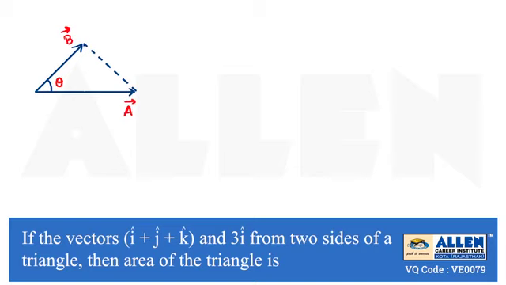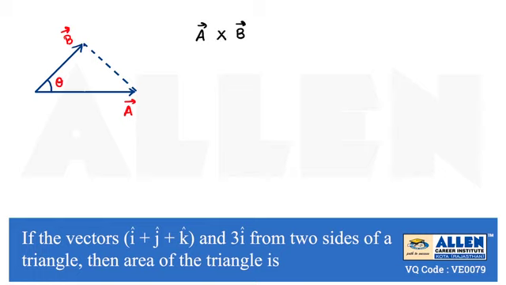If the vectors i cap plus j cap plus k cap and 3 i cap form two sides of a triangle, then find the area of the triangle. Here we have to find the area of a triangle with the help of two vectors which are representing sides of that triangle. So two vectors, suppose they are a vector and b vector, are given which are representing sides of a triangle, and we have to find the area of the triangle with the help of these vectors,